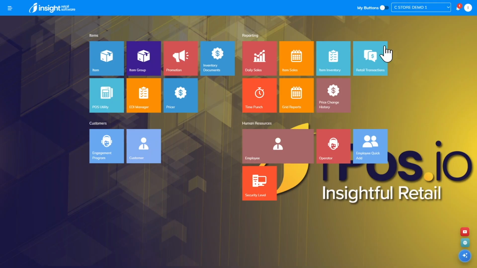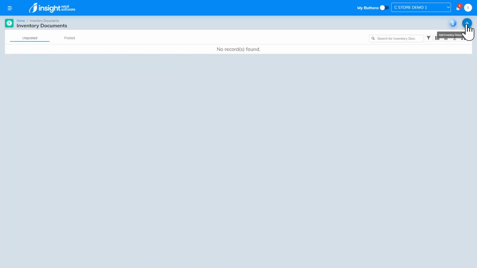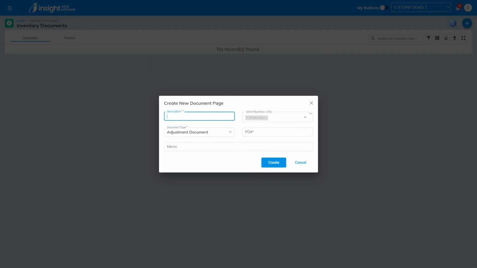So to create an adjustment document, I go into my inventory documents. So let's hit the plus in the top right corner. From here, we're going to choose adjustment document. We're going to give it a name. Let's say someone stole some Marlboro cigarettes. So we'll say